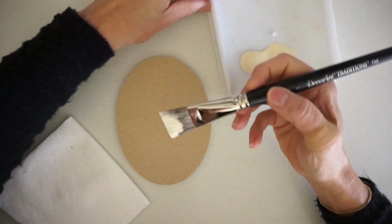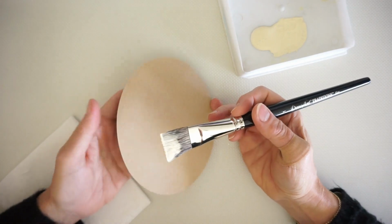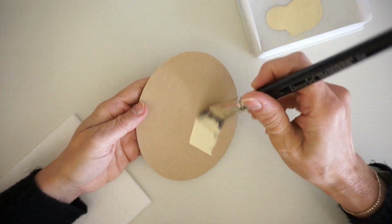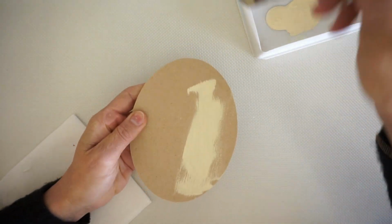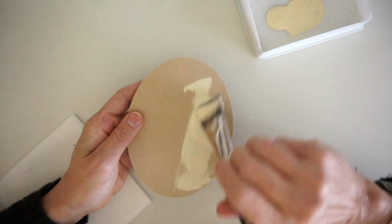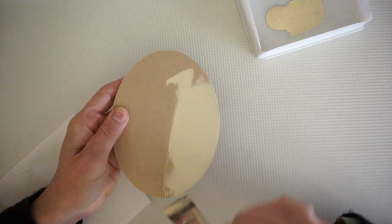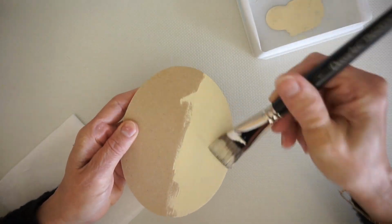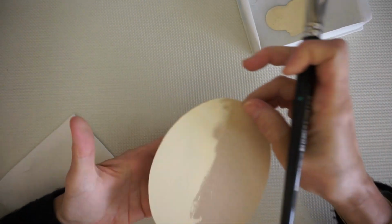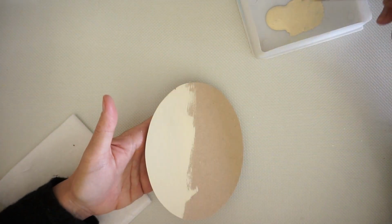I dampened my brush first, and I'm picking up some paint. I don't want it too wet, but I want it wet enough to move across the piece. So I'm going to start painting. It needs a little more water. You can see it's sticking. You don't want to put too much water because the wood is going to absorb it, especially on the first coat, and it's going to swell. So you don't want to water it down a lot. But another thing is you really can't expect it to go on